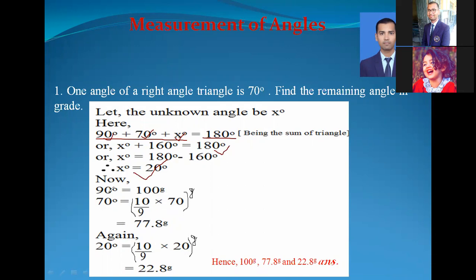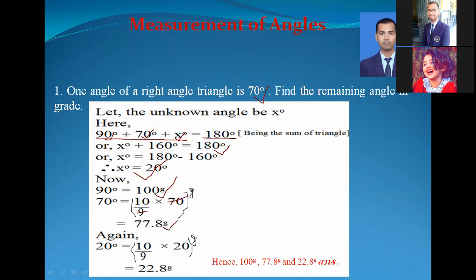Now 90 degree is equal to 100 grade, because we have learned in our formula that one right angle is equal to 100 grade. In this way, we can say that 90 degree is equal to 100 grade. In the same way, one of the angles given to us is 70 degree. So 70 degree is equal to 10 by 9 into 70 grade. After dividing and multiplying it by 10, we got